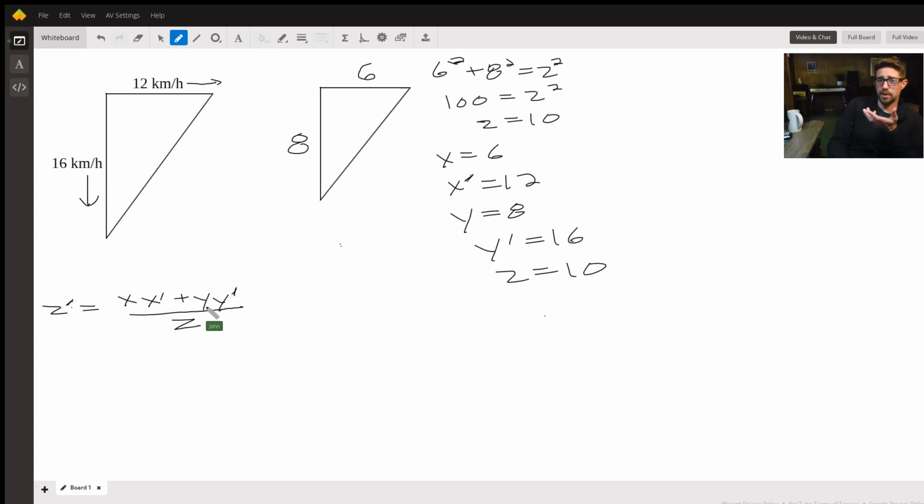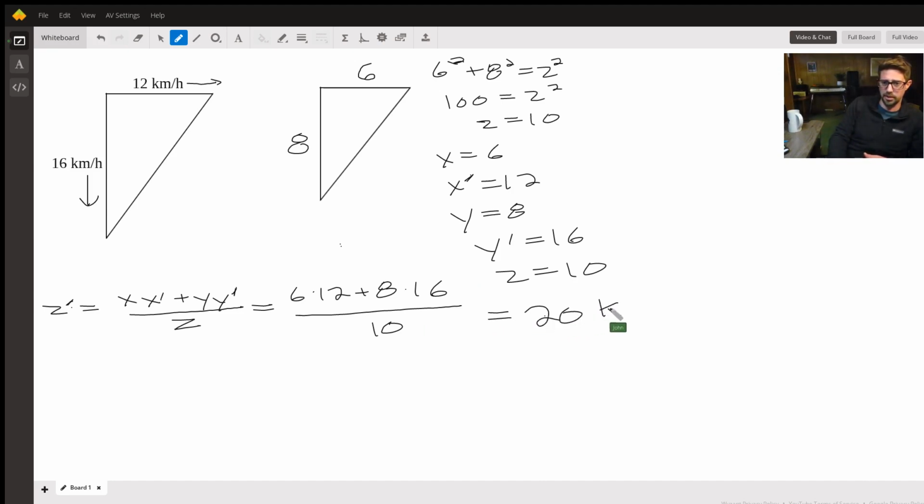Okay, so you see what I mean? We have everything we need to fill in this side of the equation. So x is 6, x prime is 12, plus y is 8, y prime is 16, z is 10. No shame in using a calculator for this next part. It's going to be 6 times 12 plus 8 times 16, which is 200, divided by 10 is 20. And for units, remember, it's the rate at which the distance between them is changing, so it's kilometers per